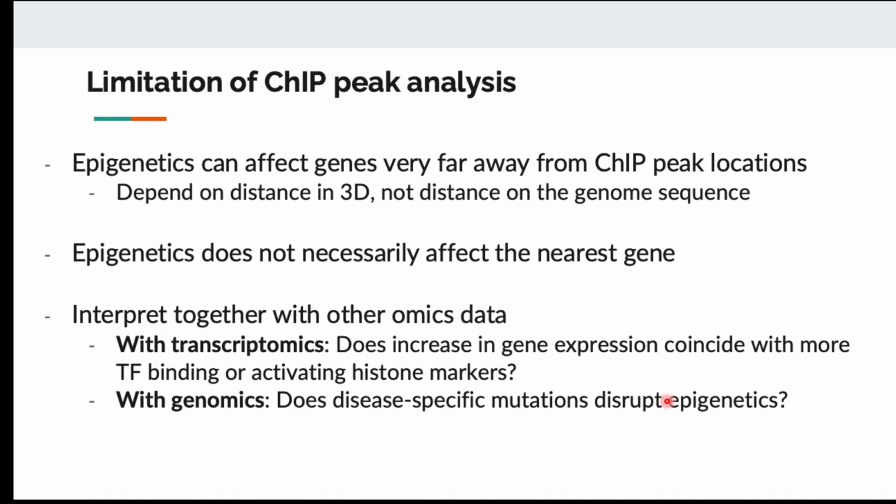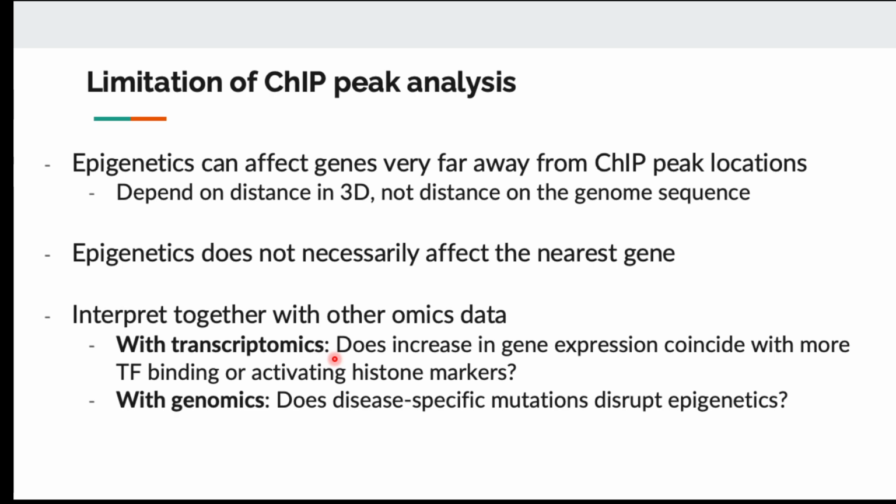Or is the binding robust to the mutation? So we need to see transcription factor binding data together with mutation to see if the mutation had an effect. ChIP-seq is usually interpreted together with other omics, not by itself, in order to understand the mechanisms of gene